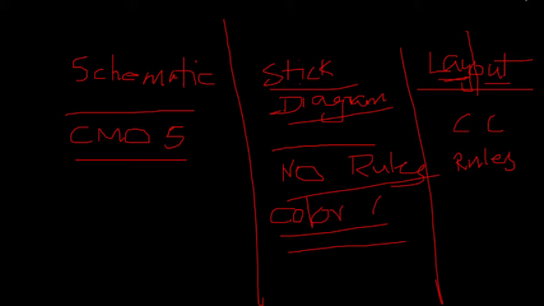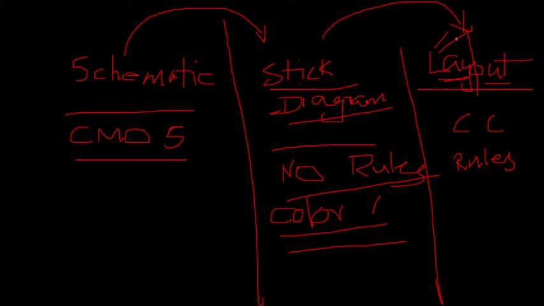So if you want to draw the layout, what is the proper way? First of all, you should know the transistor level diagram. From the transistor level diagram you will build the stick diagram, and from the stick diagram you will build the layout. This is the proper flow which you should follow, because the stick diagram is like a shortcut to make the layout. If you have made the stick diagram correctly, then you will make the layout properly. When we do it further, you will observe how easy it is to build a layout directly from the stick diagram as compared to making it from the CMOS structure.